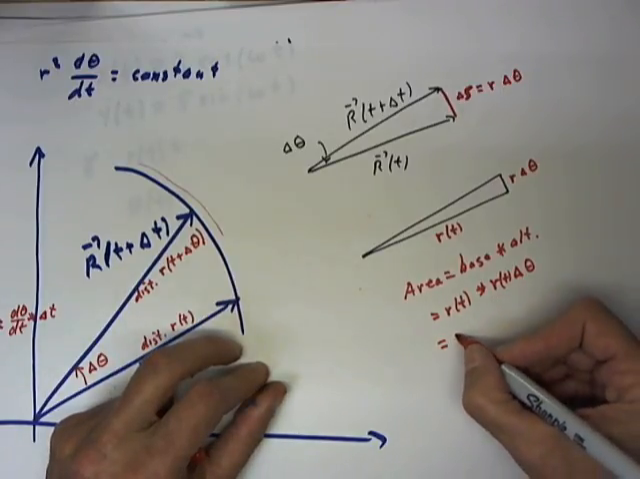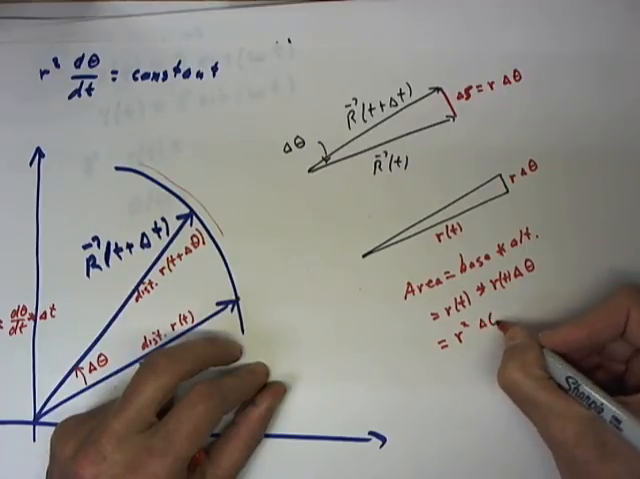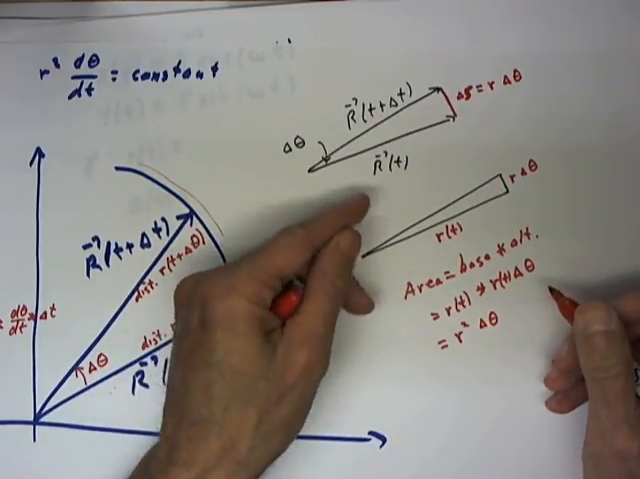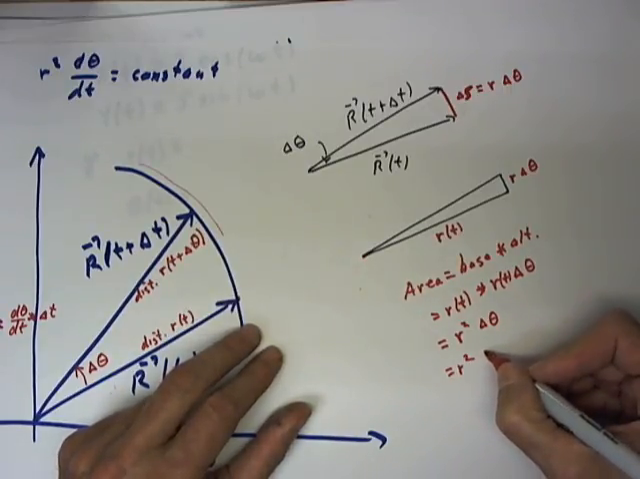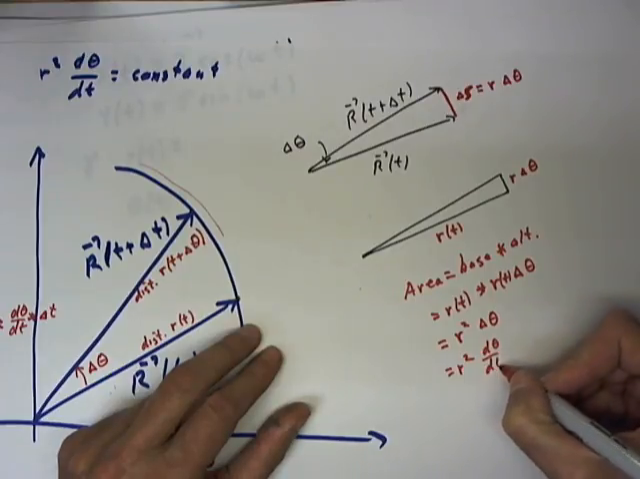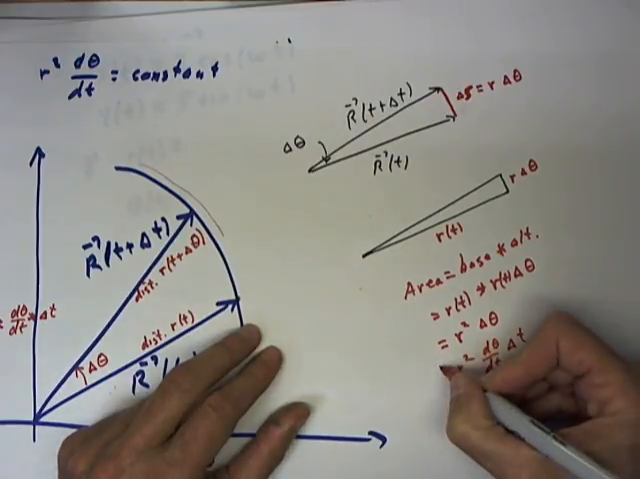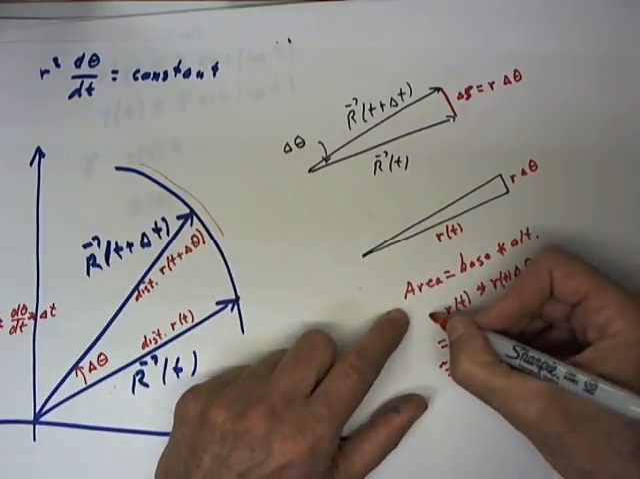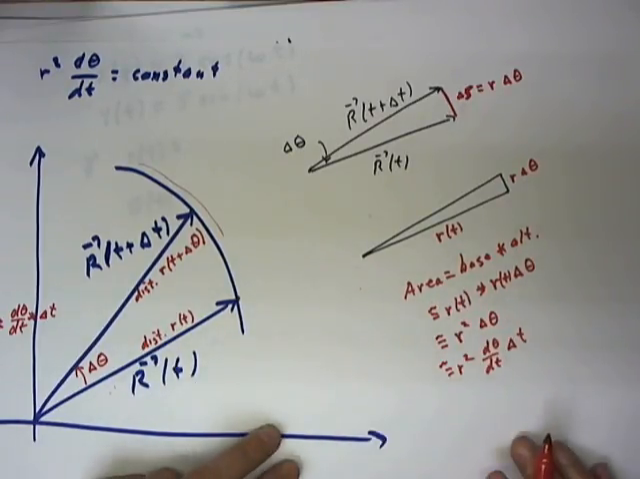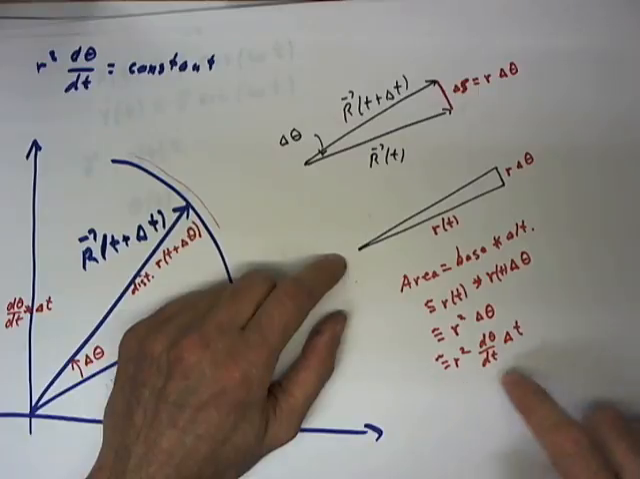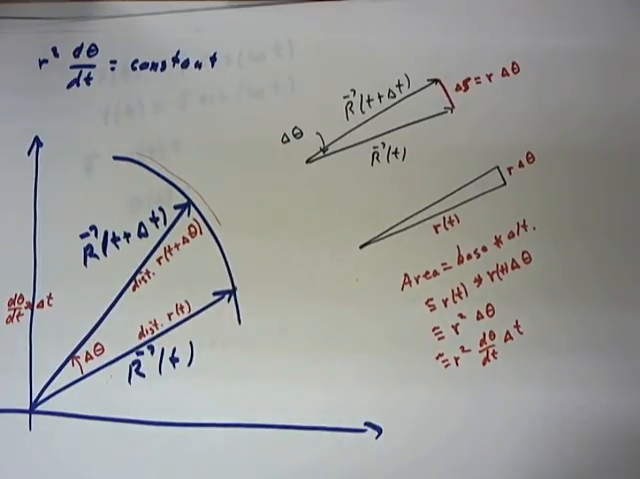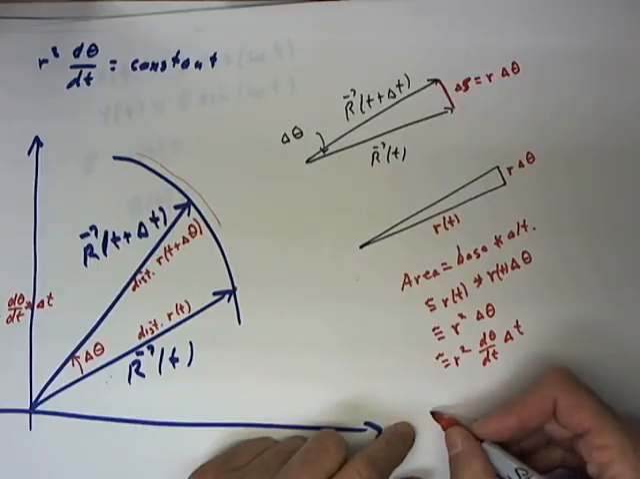Suppressing the t notation, this gives us r squared delta theta. Of course, delta theta is the change in our angular coordinate, and delta theta is nothing but d theta dt times delta t. Now this is an approximation. We could go through the details of showing how in the limit as delta t approaches 0, these approximations approach an exact result. What we can say is that the rate of change of area